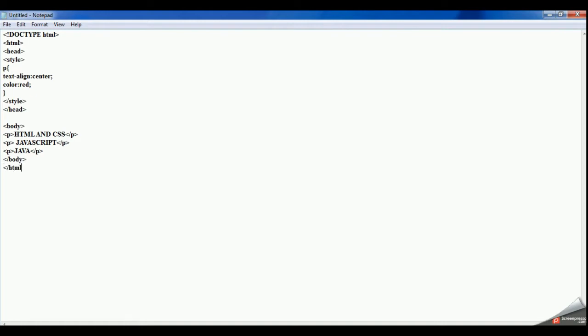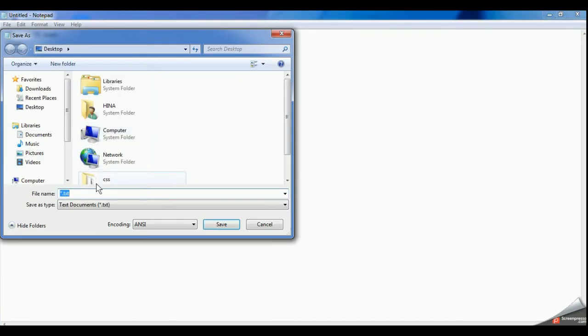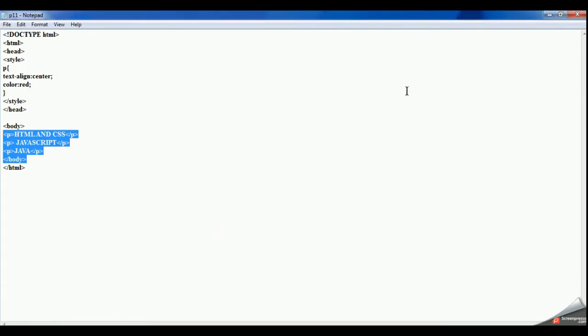Now you can see that this is your style and this is your CSS, and you have used this CSS on the element that is paragraph. Now all the paragraphs of this HTML page will be changed. Now save it as p11.html. Okay, then save.